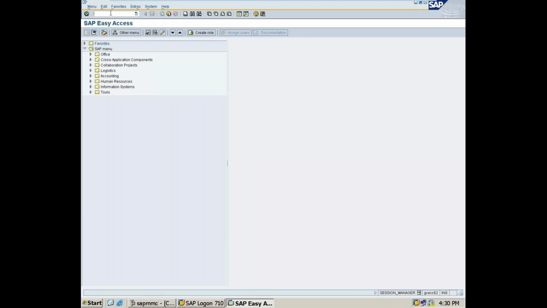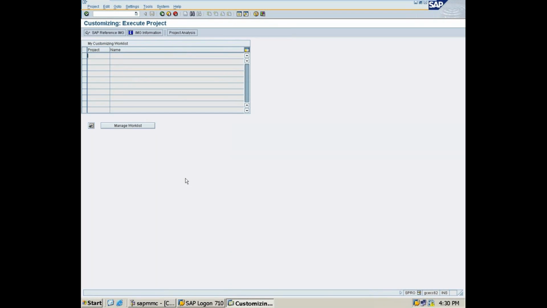Define segment. OB is not working. Maybe it is not updated or something.